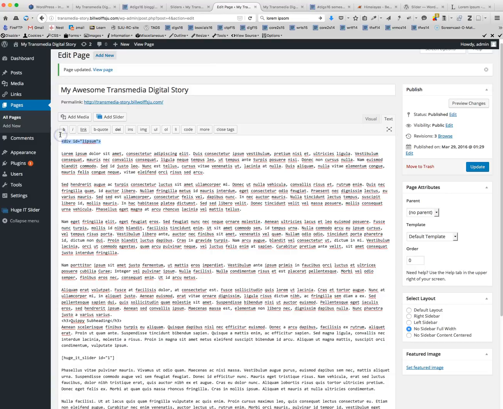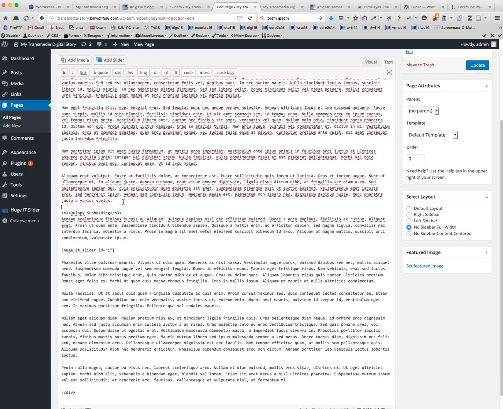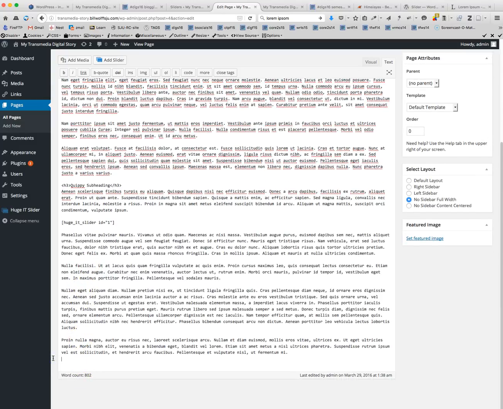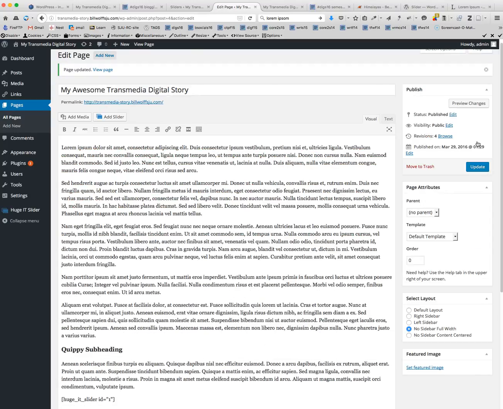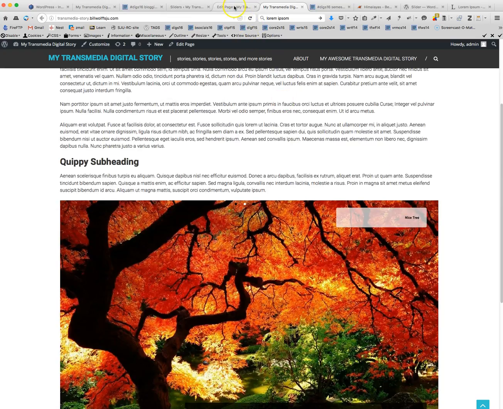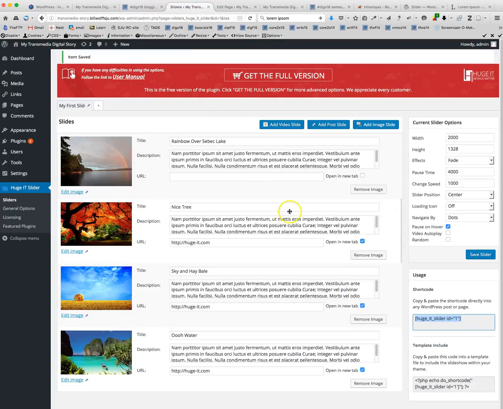When I copied the lorem ipsum, I forgot to remove this extra code that it grabs. Okay, so that's updated. So that's pretty easy to do. And you can make as many sliders as you want, and you can put them in there as many as you want to. What's nice about this is that if I want to edit the slider size, say I want it to be 500 by